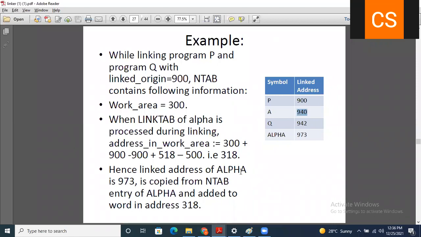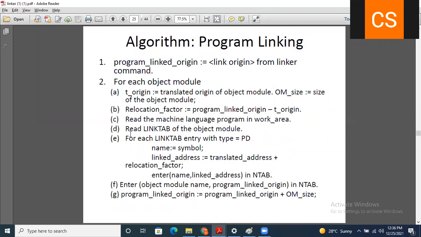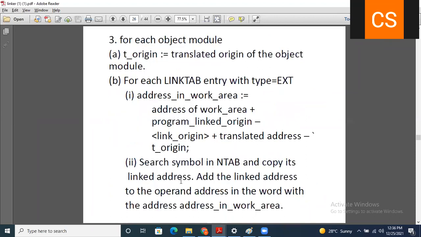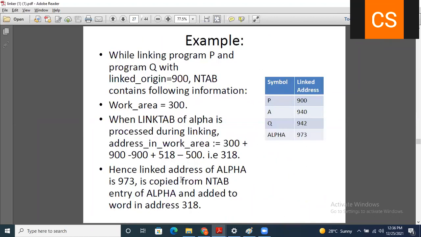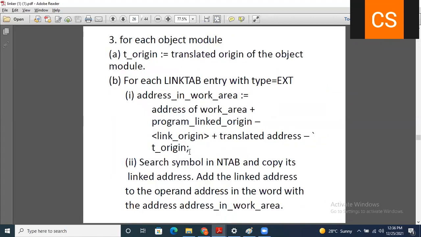Okay, which is the public definition for the P. For the P, public definition is A. It is calculated by using this formula, the simple calculation. This formula is used for the calculation of A. For the calculation of A, this is using, and for the calculation of alpha, we are using this one.